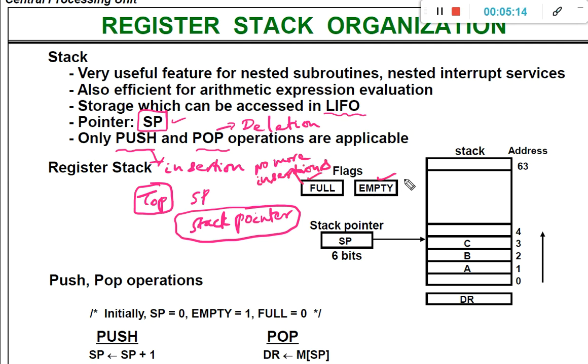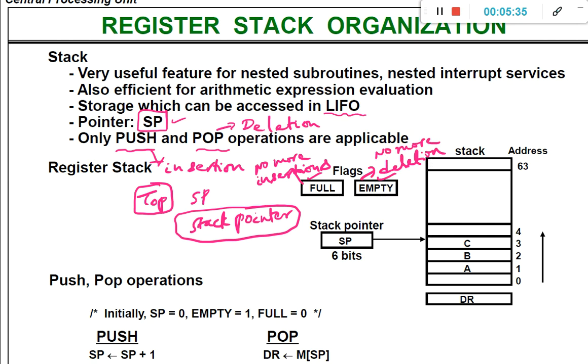Whenever the stack is empty, no more deletions, because we cannot delete an item from an empty stack as there are no items. So we need to use these two flags, full and empty.